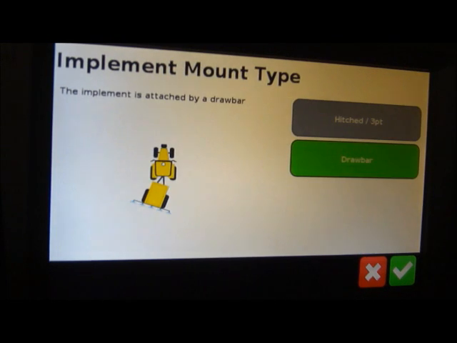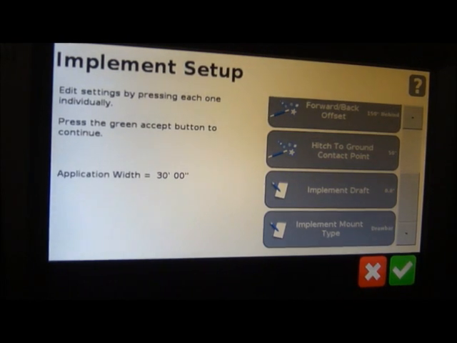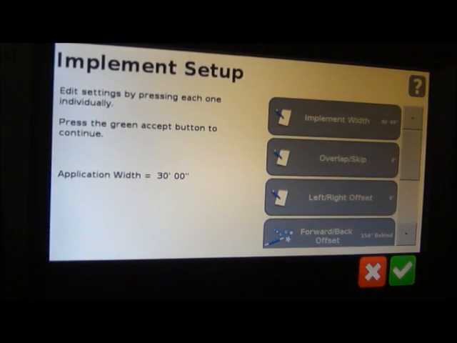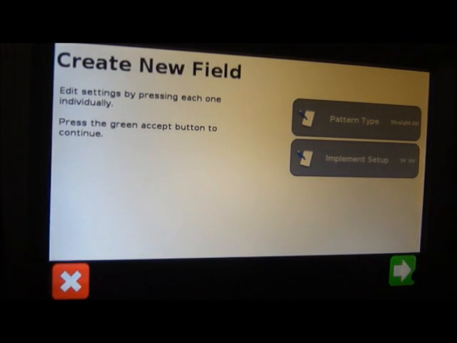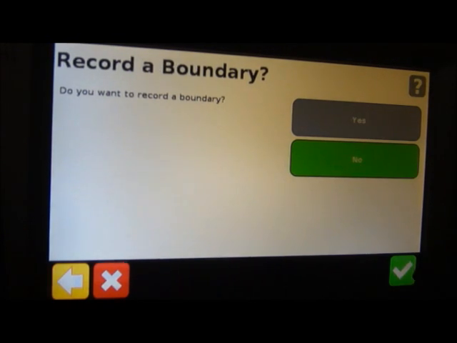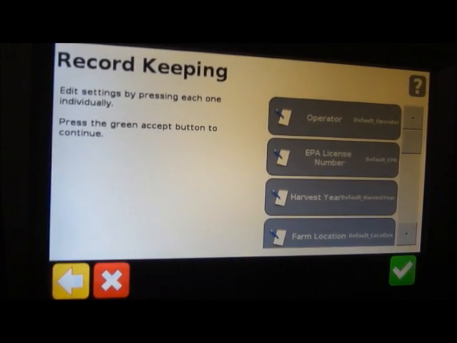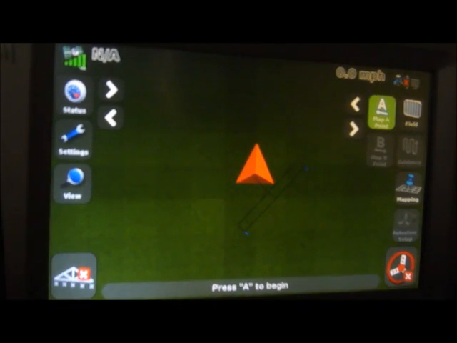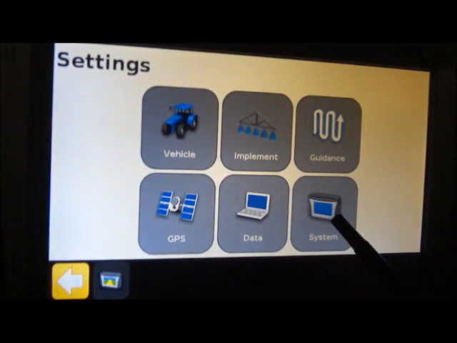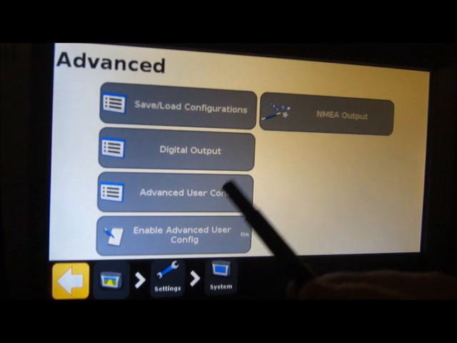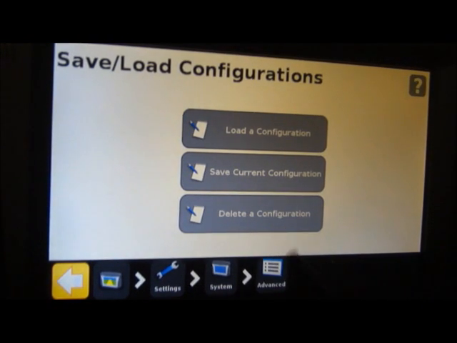And then on the bottom you can choose whether it's a mounted implement or a drawbar implement. Once you have those settings in your display and you have opened a field and ran with the 30-foot wide implement, whatever it was, in the field, eliminating as much overlap as possible, and you liked the measurements and it was steering the tractor, or you were driving exactly where you wanted to, go ahead and go back into your settings, System, Advanced, and Save Load Configurations, and